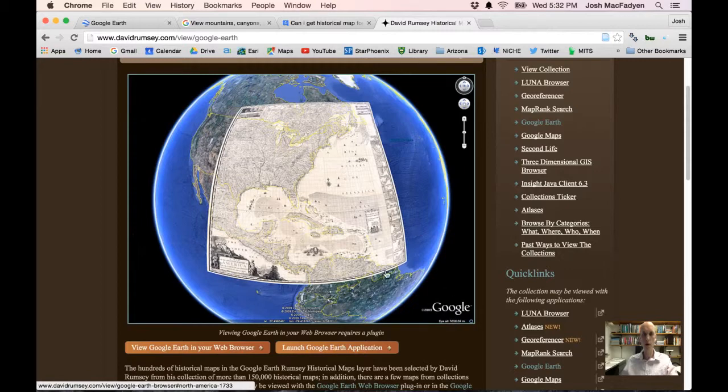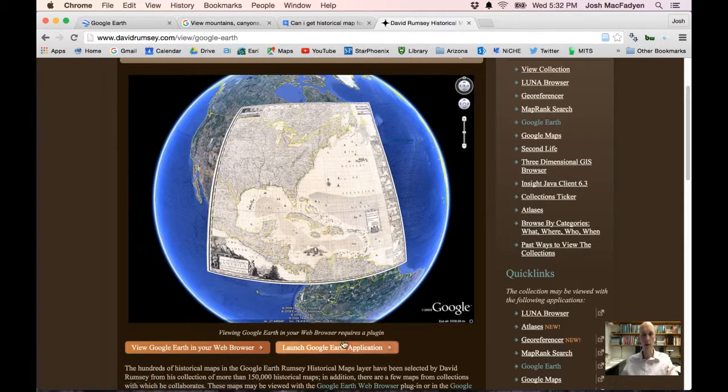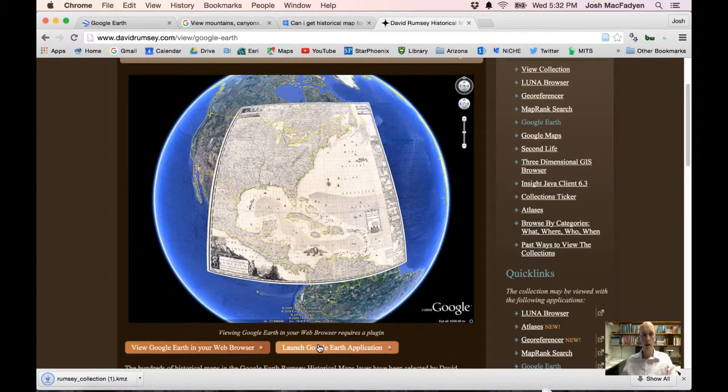And if it all works out, we might get something that looks a little bit like this. So launch the Google Earth application. What it did was it downloaded the Rumsey Collection KMZ file. So KM is usually Keyhole Markup, which is an old company. Keyhole was an old company that Google Earth bought and developed. And so when you see a KML or a KMZ file, that's because these were originally Keyhole Markup Language or